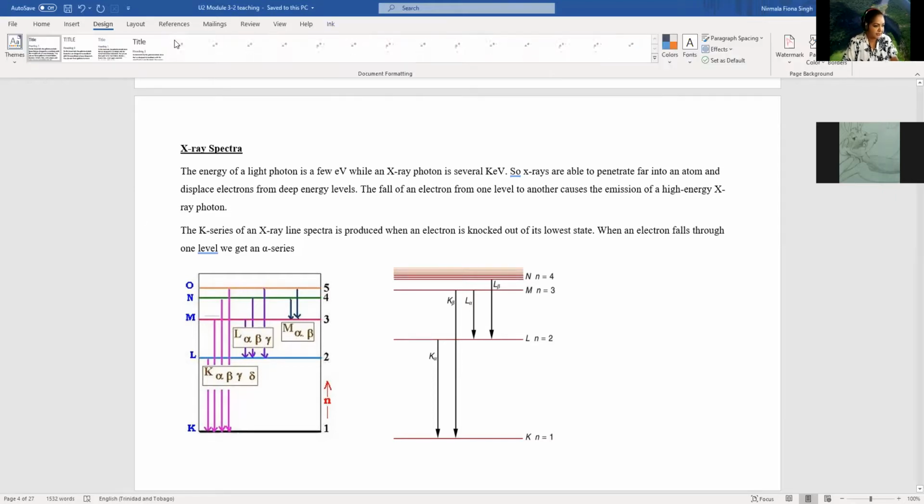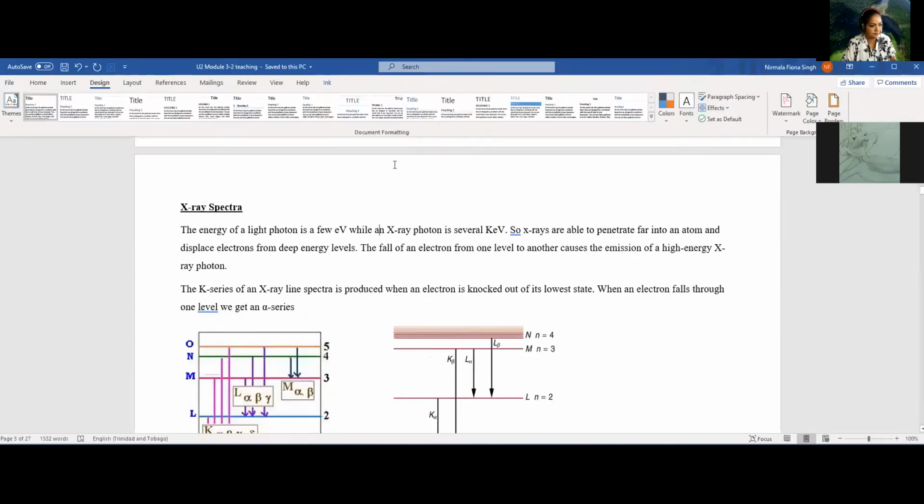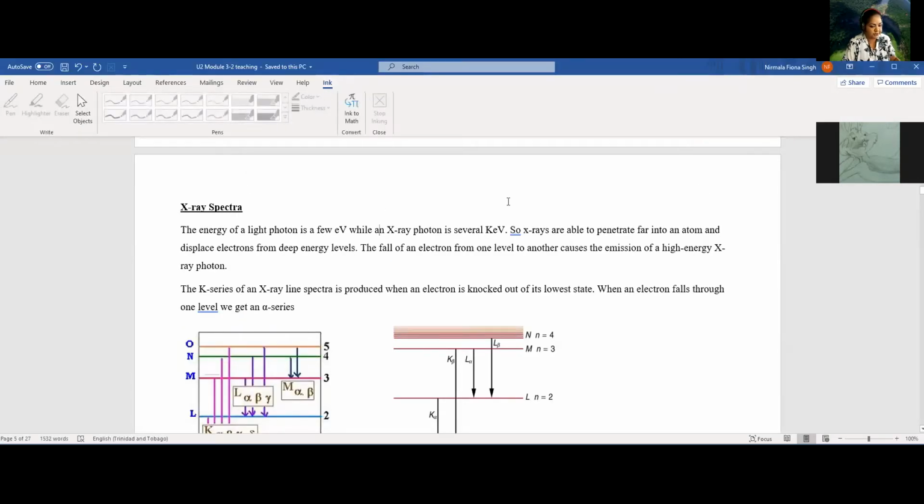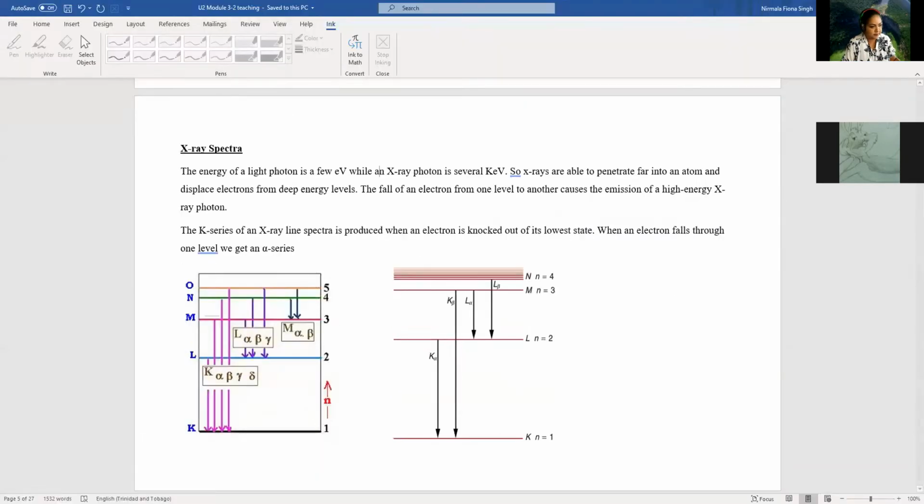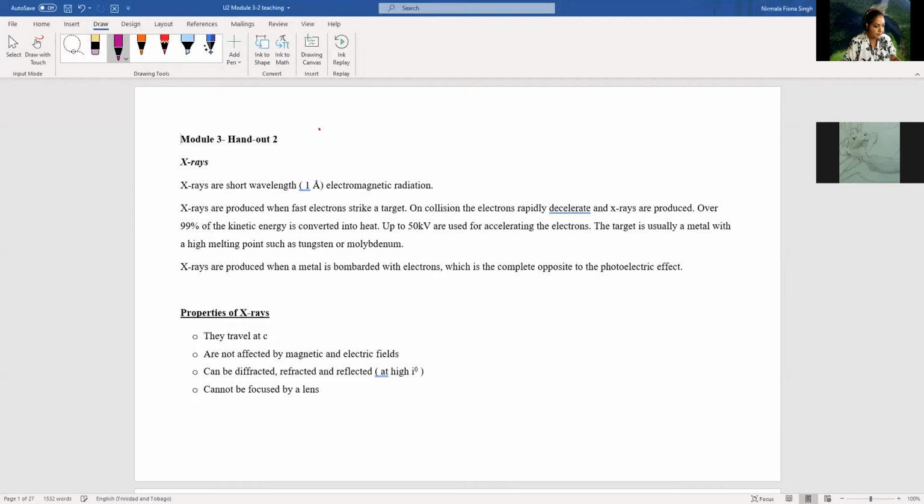So let's read from our screen. Where'd my pen go? Just hold it. All right, so just going down to